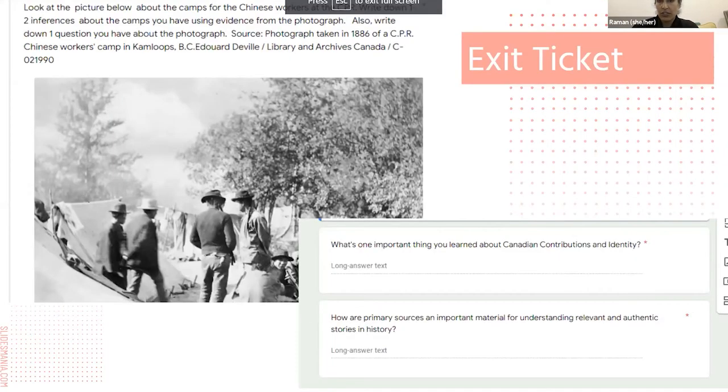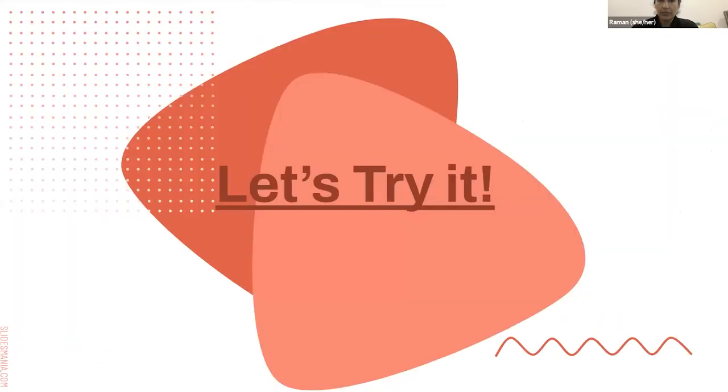So those are just some images of the exit ticket. So we actually want you to try part of this activity that we talked about. We're going to go back to the Jamboard and the photograph, because we want you to walk through it so you can see potentially how you could use this with your own students, and also get you thinking as an educator or from the lens of your students.